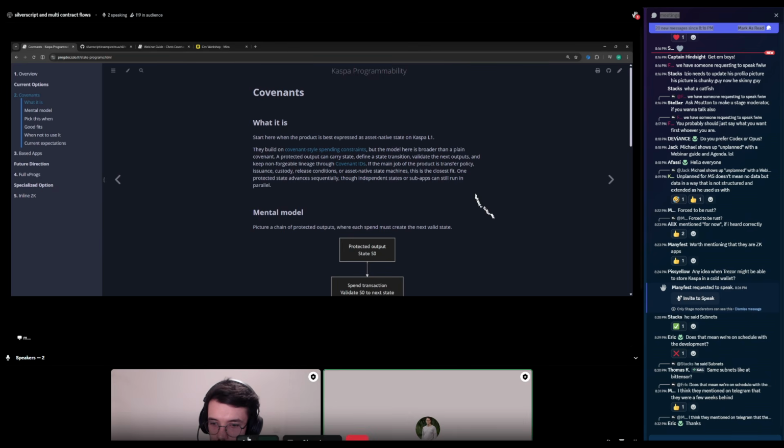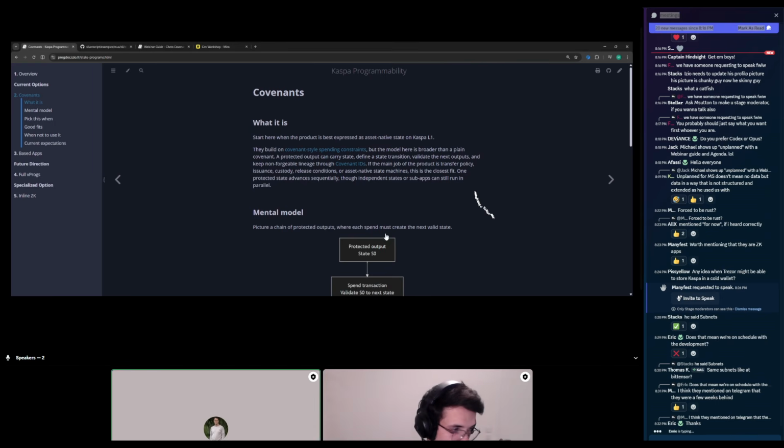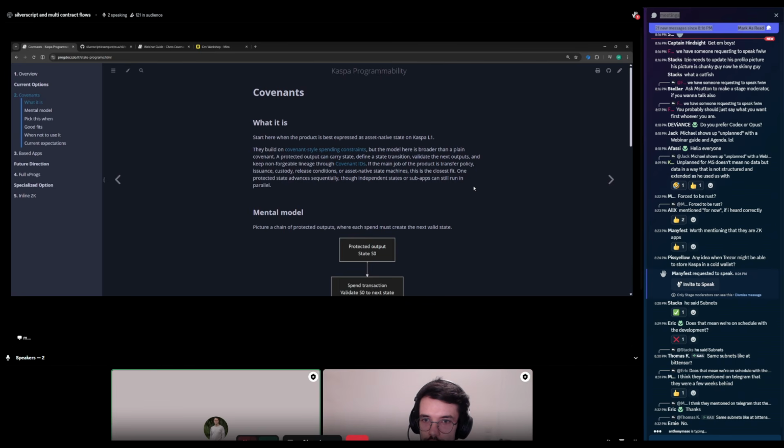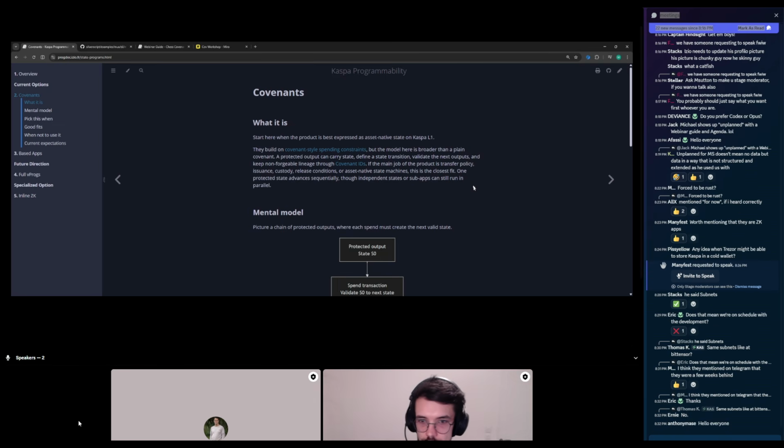Start here when the product is best expressed as asset native state on Kaspa. Yeah, I'd say covenants fit anything that is more peer-to-peer. Anything where there's no contention around a shared state variable. A classic example of not being peer-to-peer is any swap service between tokens, where you have to look up the ratio of the swap. That's usually a single variable, which many read and also write.